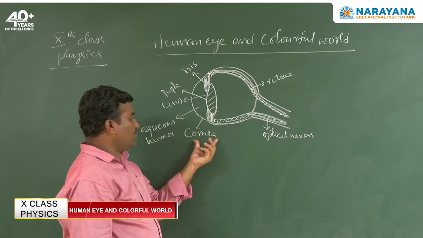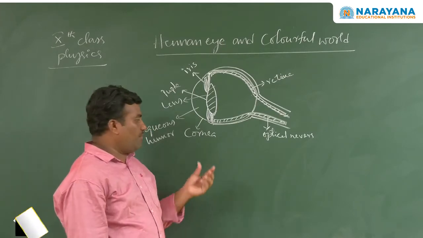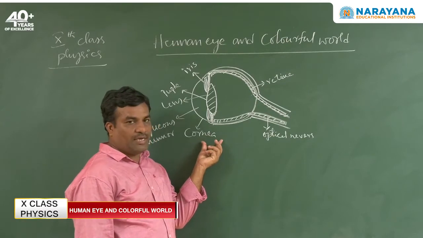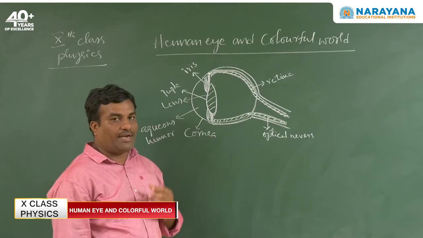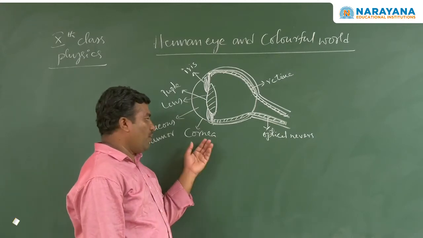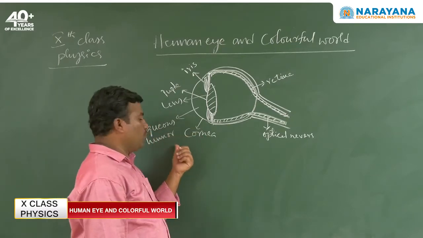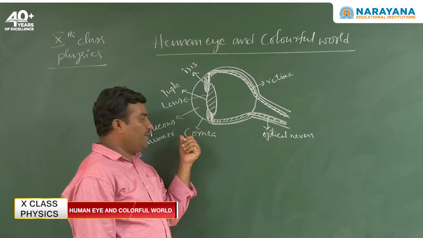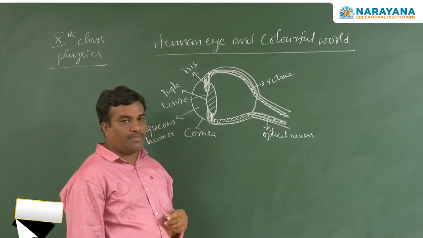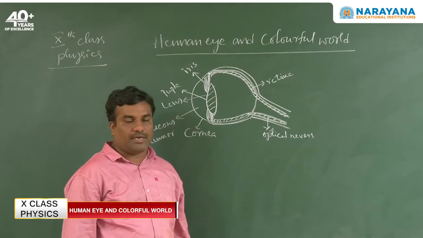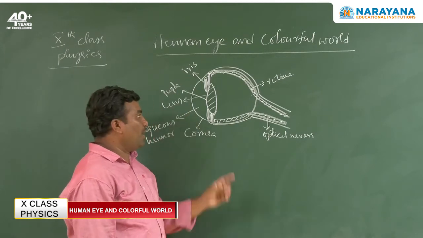Next we discuss the individual components. First of all, the cornea. Everyone knows the cornea is on the eyeball, a very sharply curved surface and a protective membrane of our eye. This is the front area of our eye, which we see directly. Behind the cornea we can see the aqueous humor, a liquid, and behind the aqueous humor we have the lens. The lens is mainly responsible for forming images.